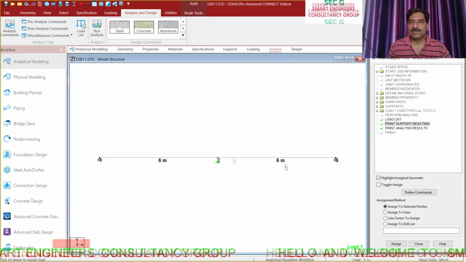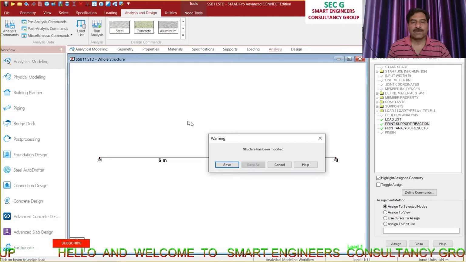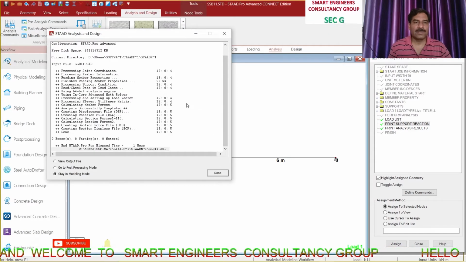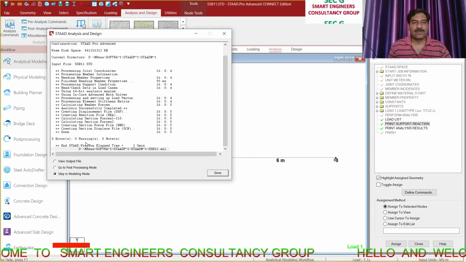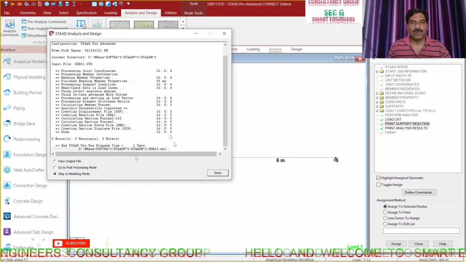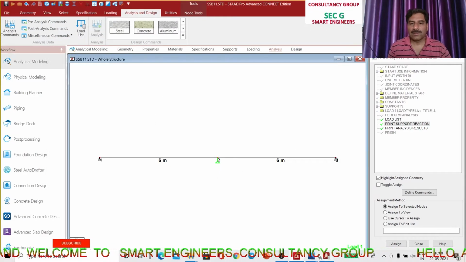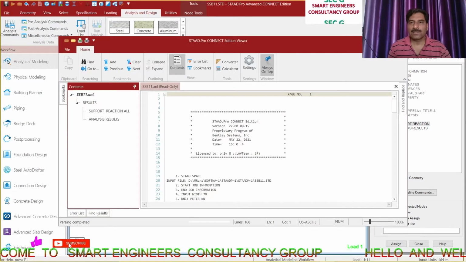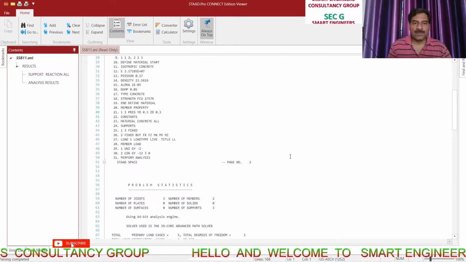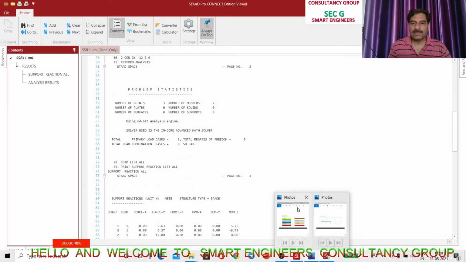Now these supports are assigned to the software. Now we have to analyze the beam. Now click on it and click on save. Now you can see this software is running, and you can see there's no error, no warning, and 0 notes, so it means there is no problem in our design. If you want to see output, then click on run. Now you can click here and you can come here. Now you can see the results are printed here. Now if you want to verify, then I want to click here, just like this way results.